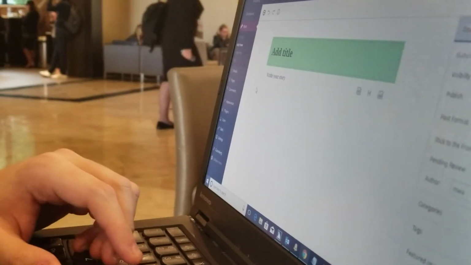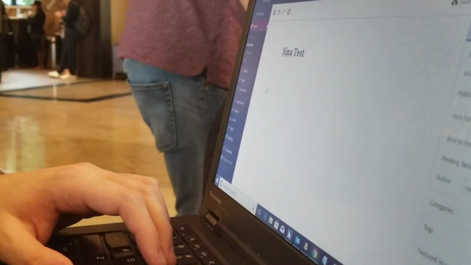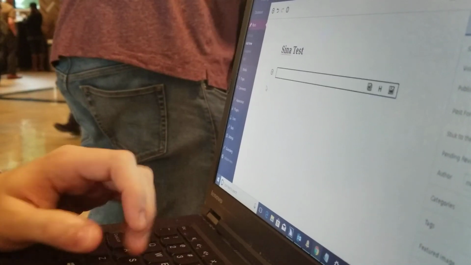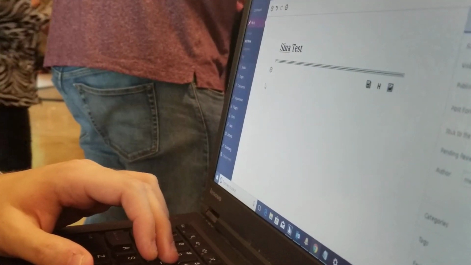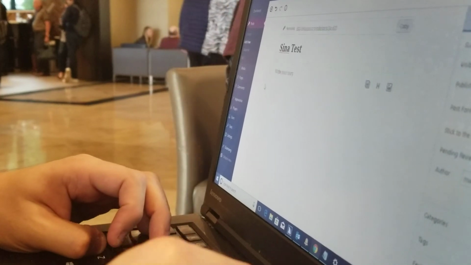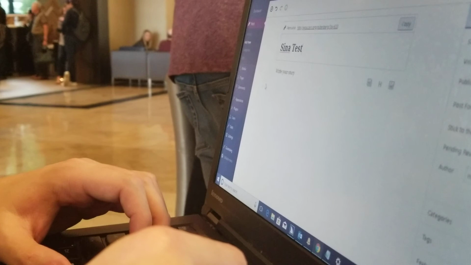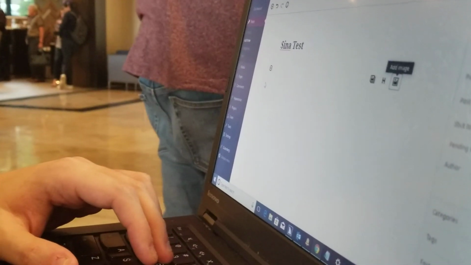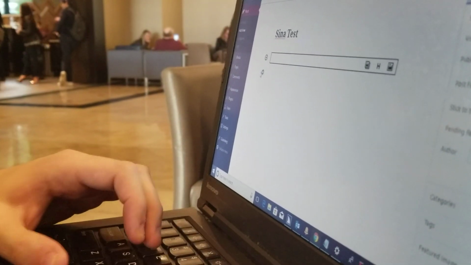So let's add a title. This is going to be Sina Test. Okay, I'm going to just tab from there since I'm already in focus mode or whatnot. And when I tabbed from there, I got a lot of stuff going on here. So all of a sudden, I am in whatever I'm in, like there's this permalink that's coming up, add image button, add heading button, even though when